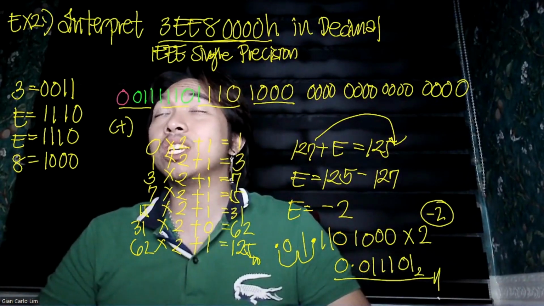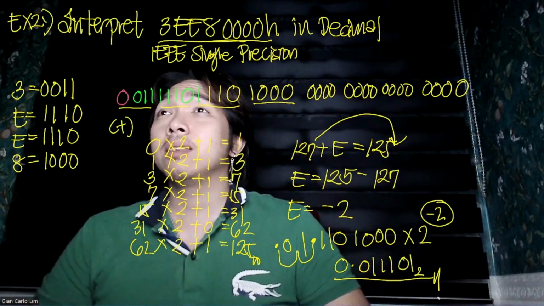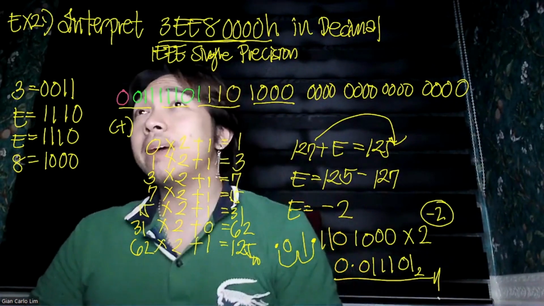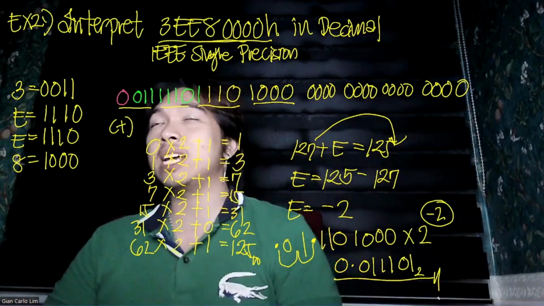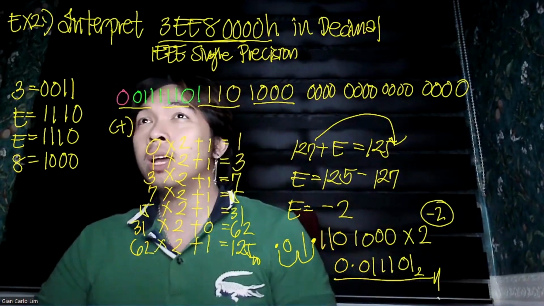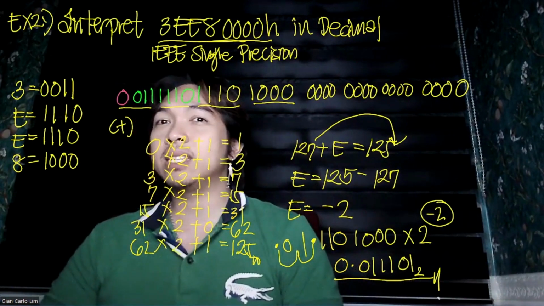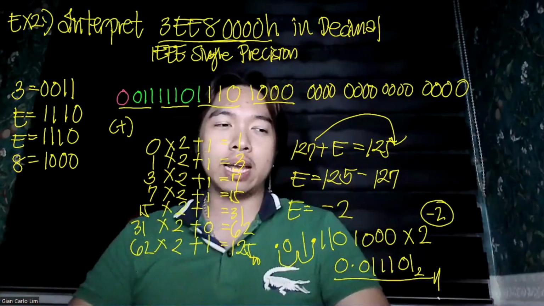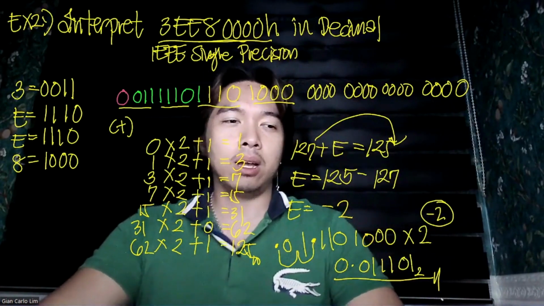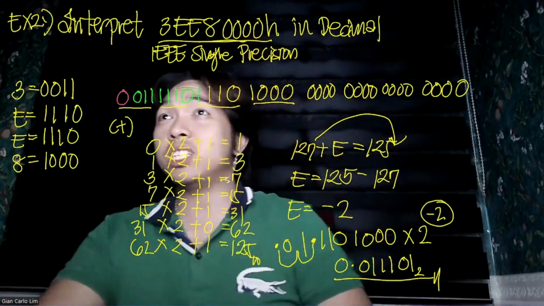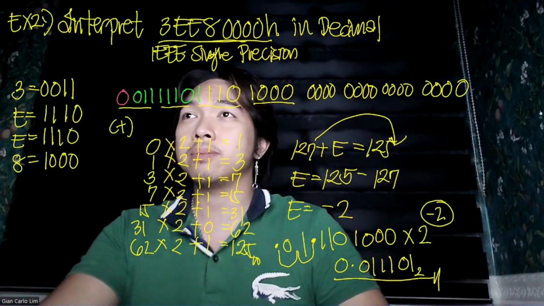Okay. So ito na ngayon yung ating decimal value. Pero kailangan muna natin yan gawing, this is the binary value. So kailangan natin gawing decimal value. I'm sorry. So it's not the decimal but rather the binary value at kailangan natin siyang gawing decimal. So how do we do that or convert that to decimal? Okay. So 0.011101. Okay. Sige. So paki-jot down lang. I'm going to erase this. So going back, so that is 0.011101